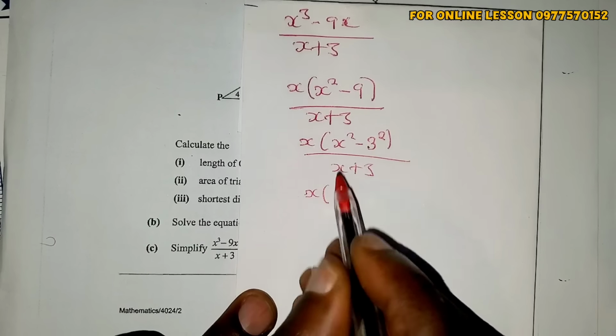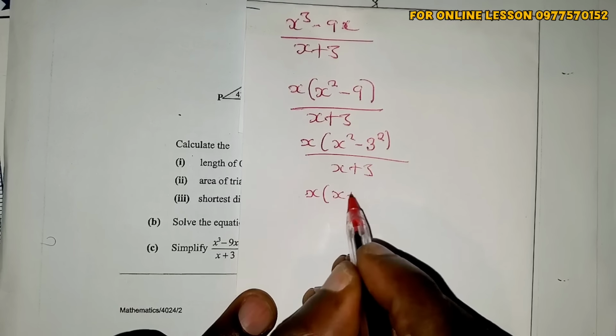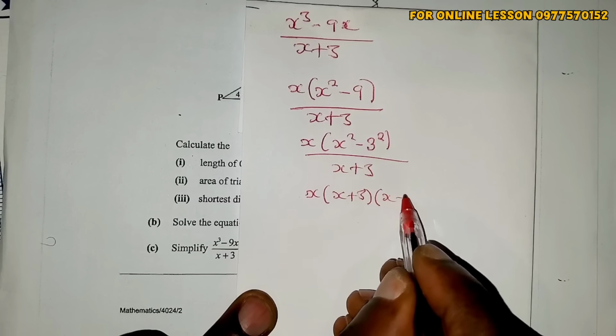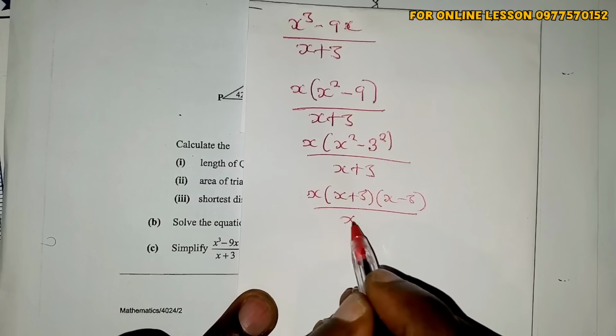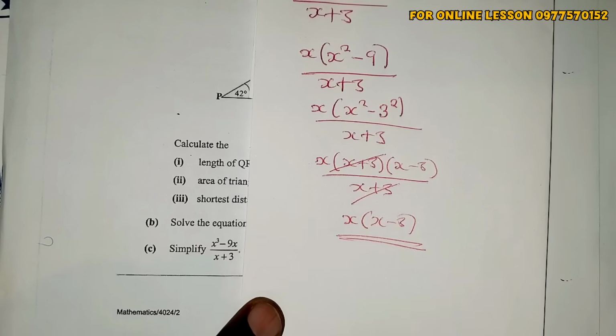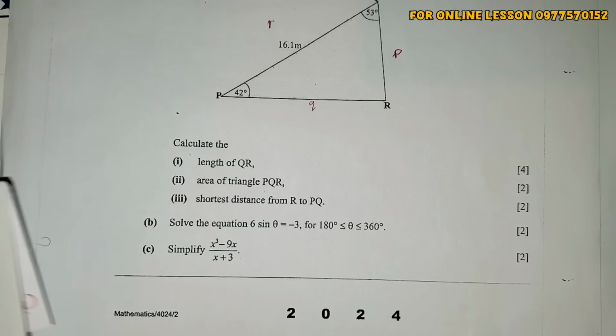Then this one can be written as x plus 3, open, close, open, x minus 3, divided by x plus what? X plus 3. Then we can cancel what is common. X plus 3 is common, and our answer is x open bracket x minus 3, and this is our final answer. Okay, so we are done with the question